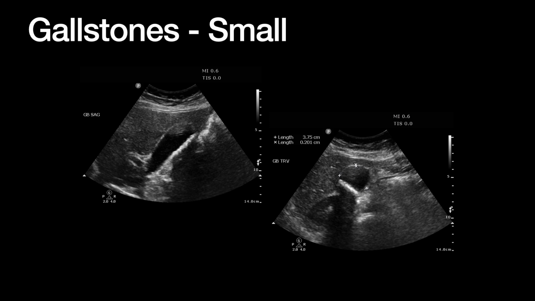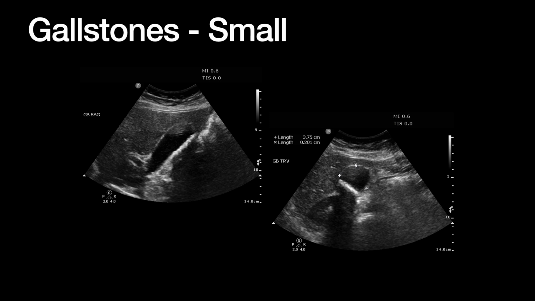And one of the things I found challenging, at least initially when I started doing this, is sometimes this bile stone interface can look very much like the posterior wall of the gallbladder, or an air interface of a loop of bowel next to it. It can be easy to pass by it, especially if you're new at this. And so when you're doing this, you want to scan carefully, really find the tissue, the wall, the border of the gallbladder, and see if that's interrupted by the